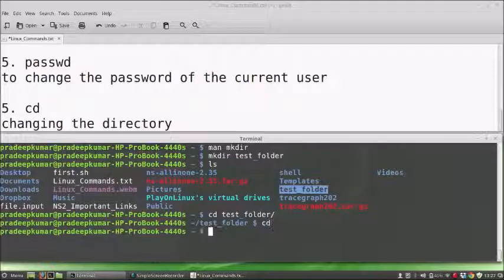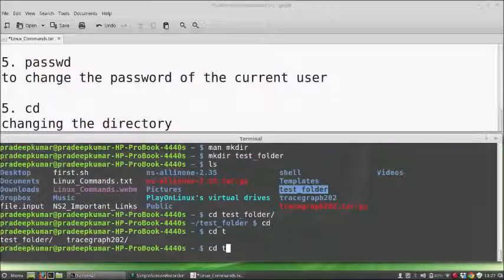It's also correct, but once in a while I can use cd t and press the tab. If you press the tab twice, it will show you all the folders and files available with the first letter T. Now the second letter e, and then press tab, and it completes automatically. So it is autocomplete. You can use your tab key effectively to autocomplete.